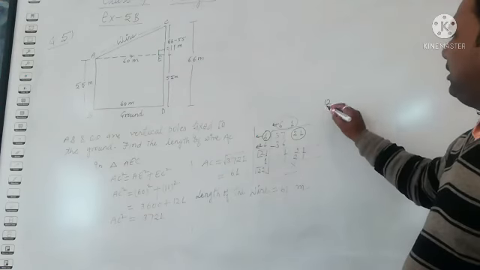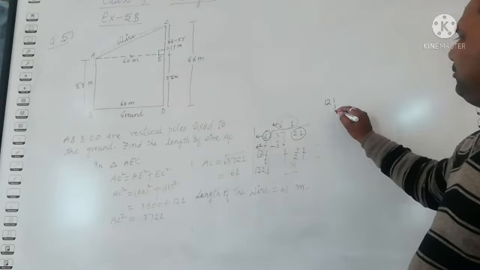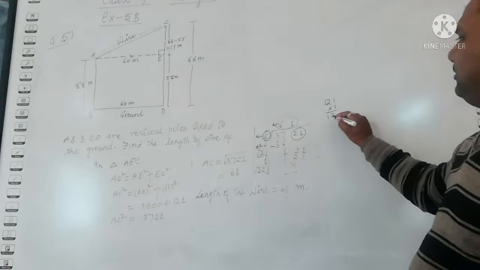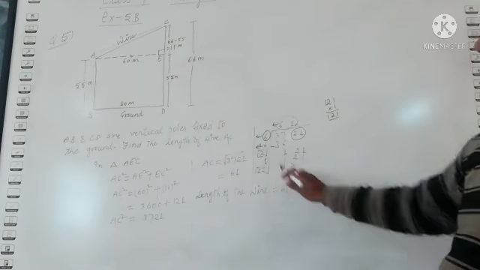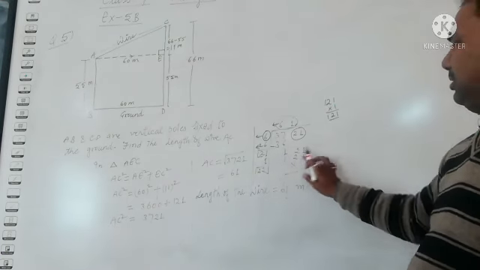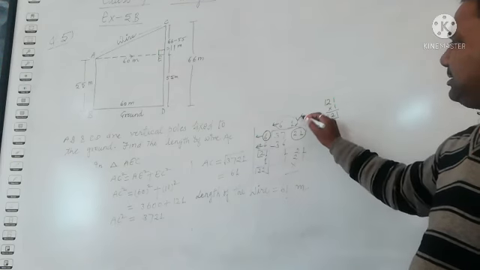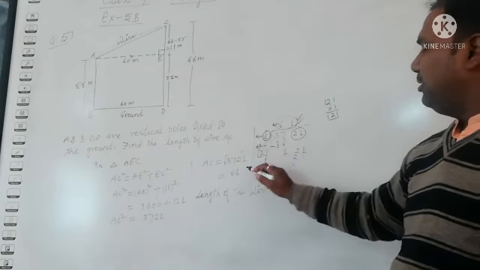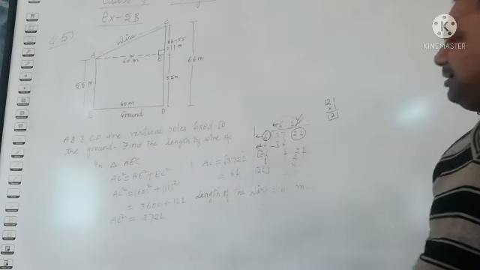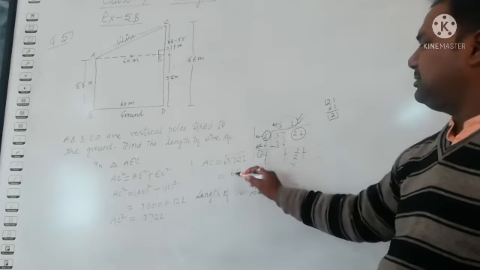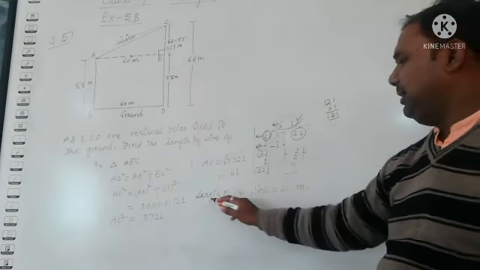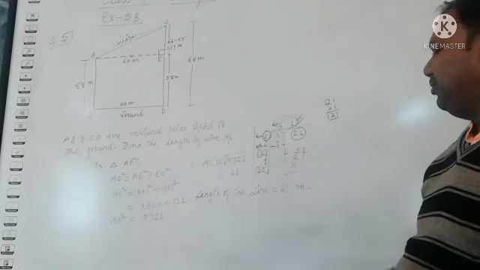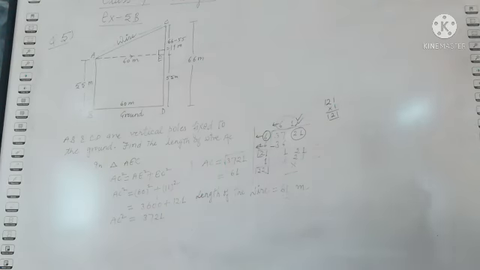Now after 12, if you write 1, then 1 you are to multiply. In this way you have 121. So 1 time you are to go. So 121, 1 ones are 121. In this way 61 is the square root of 3721. So AC is 61. What is AC? You see the figure, you can find out. AC is the length of wire. So we know the length of wire is 61 meter.